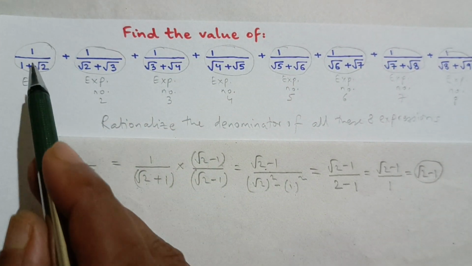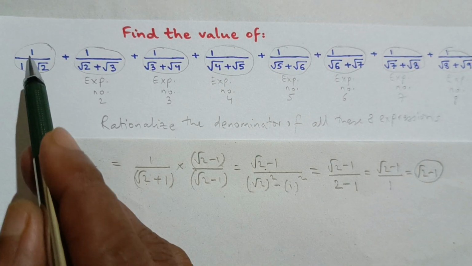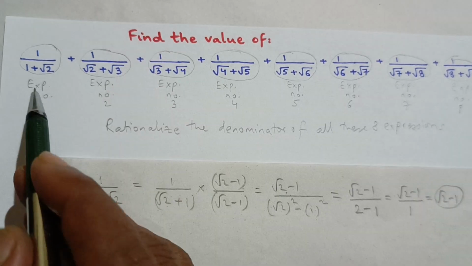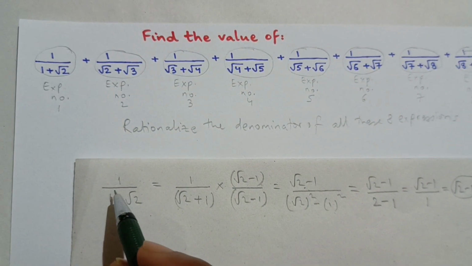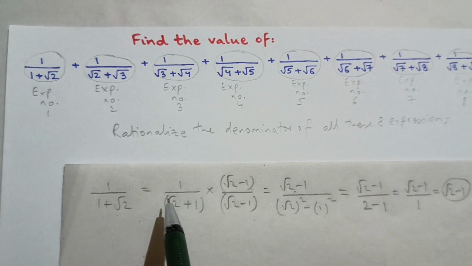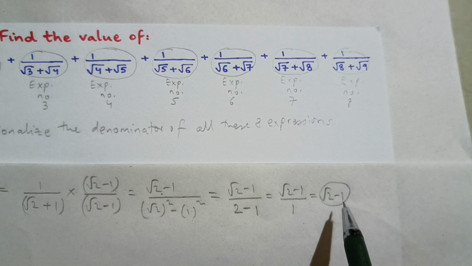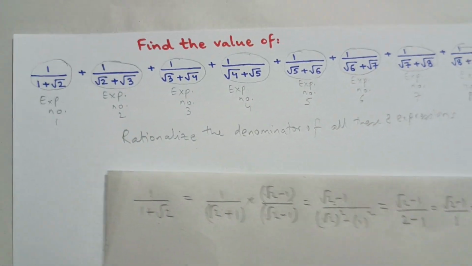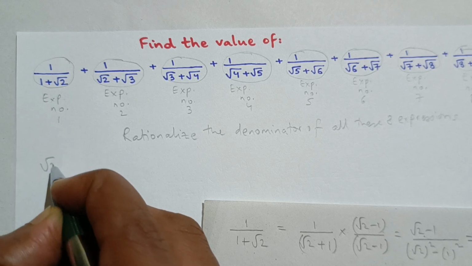So the first expression, when I do the rationalization of its denominator, it becomes square root of 2 minus 1. So 1 upon 1 plus square root of 2, which is expression number 1, after doing all the operations, is equal to square root of 2 minus 1. I will write it over here. So this expression turns out to be square root of 2 minus 1